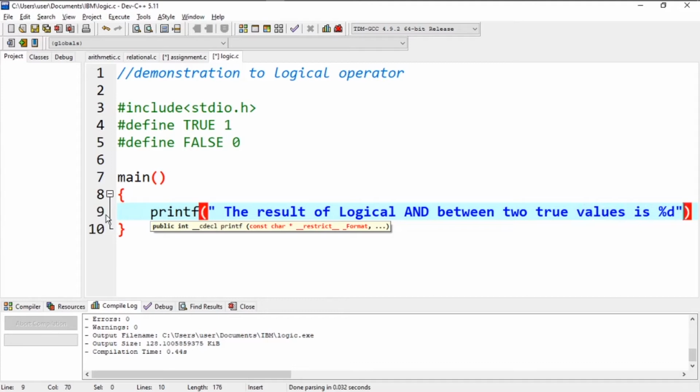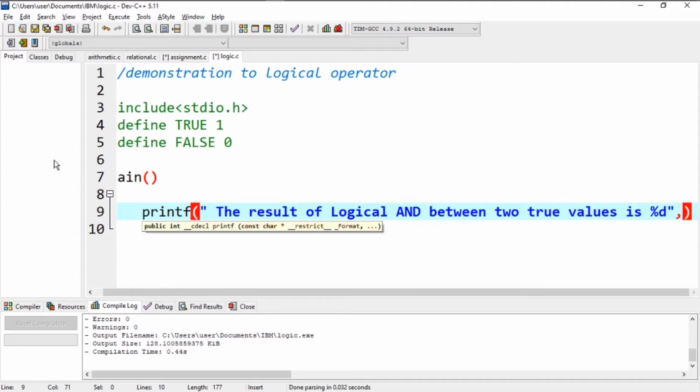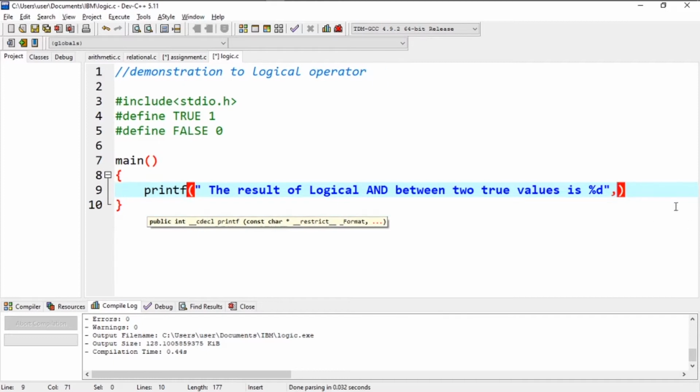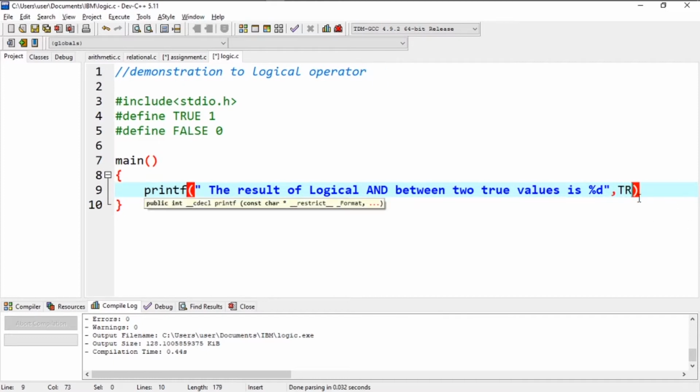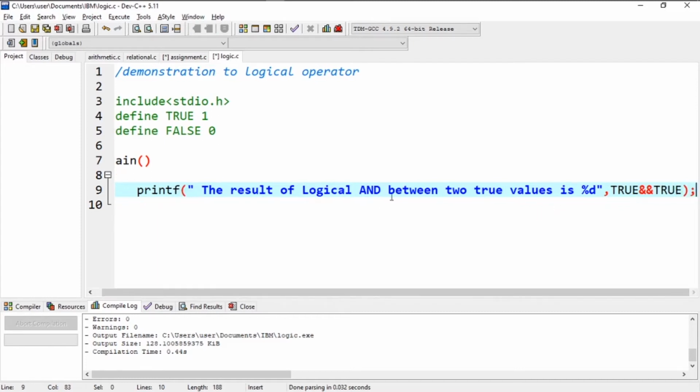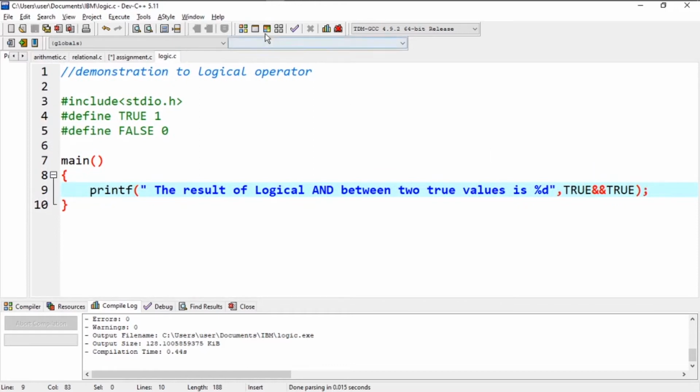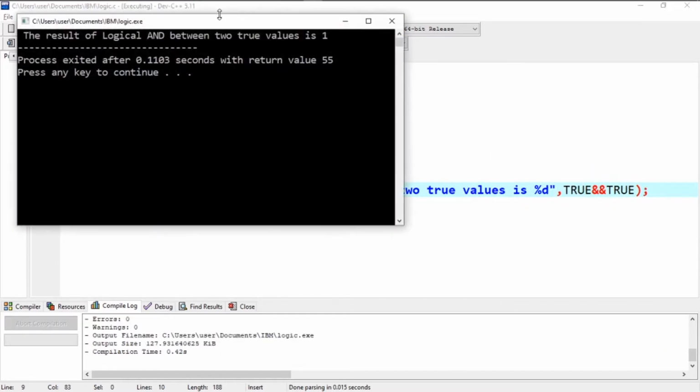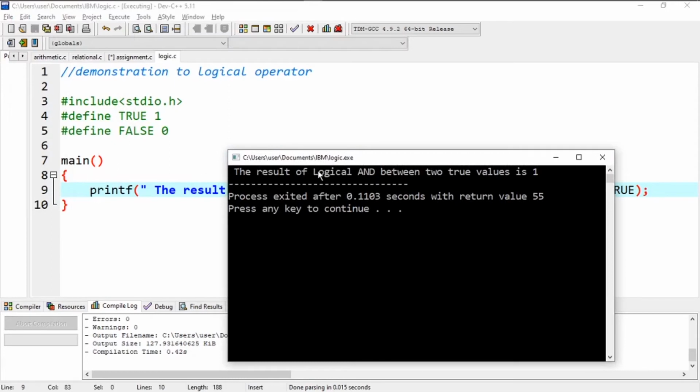Here we have, and let's write a comma over here. Let's zoom out a bit, and let's write over here TRUE, the symbol of logical AND, TRUE again, and a semicolon at last. So let's save the program and let's compile and check. So here's the output. The result of logical AND between two true values is true.